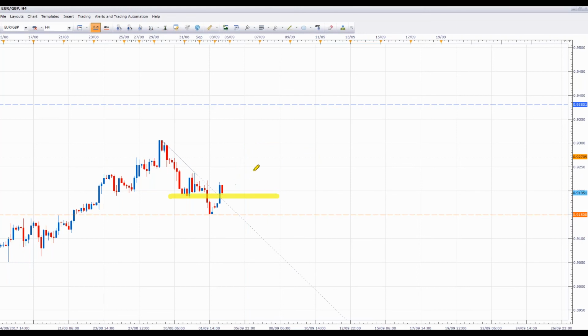maybe with a break even down here. For those of you who are in the room with me, I'm not a big fan of moving stops to break even, but there are certain times when it's a good idea. Certainly not a fan of moving stops to break even too quickly. But if you're in the trade and it comes up to here and bounces, then just be aware that roughly 0.9300 is a very, very significant resistance area.